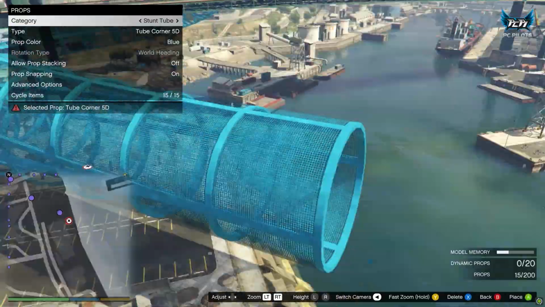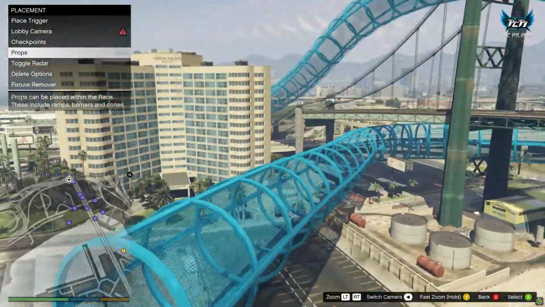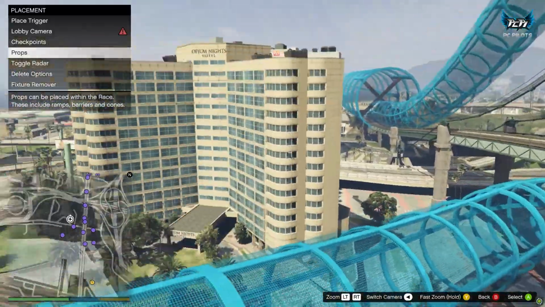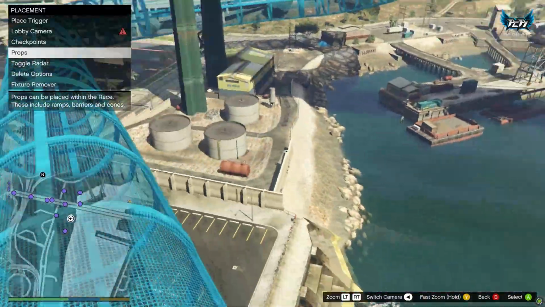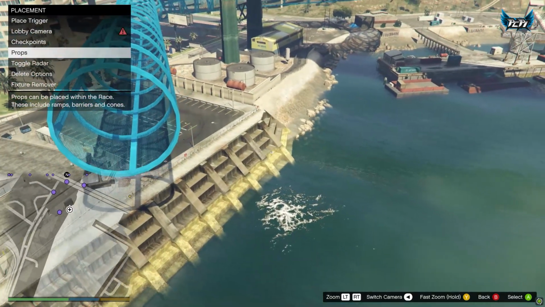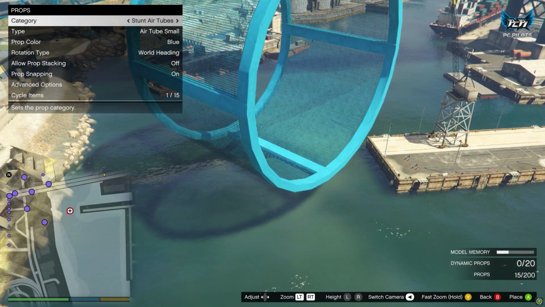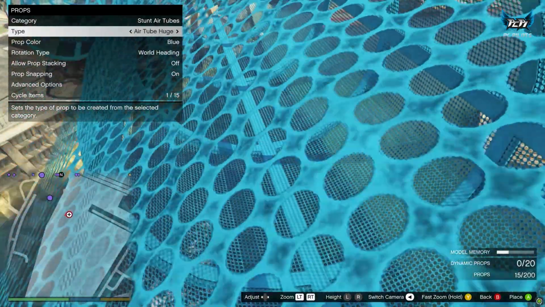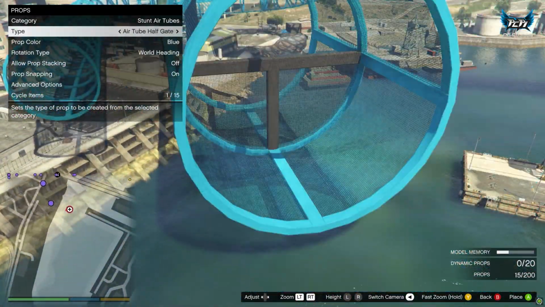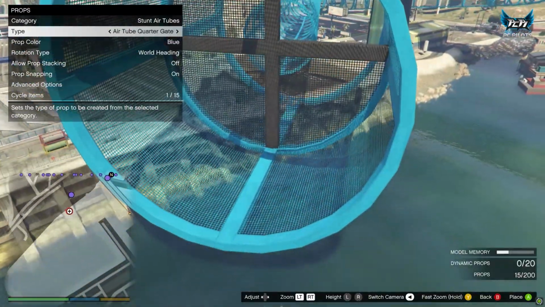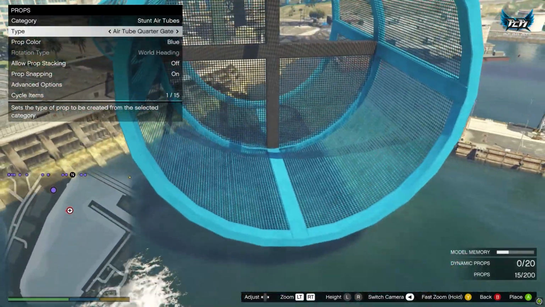So at the start, we made the transition to the smaller tubes with this quarter gate air stunt tube. We're gonna do the same thing now, just revert it. So I'm gonna go to stunt air tubes and go to air tube quarter gate. Like that, you can actually decide where you want to go